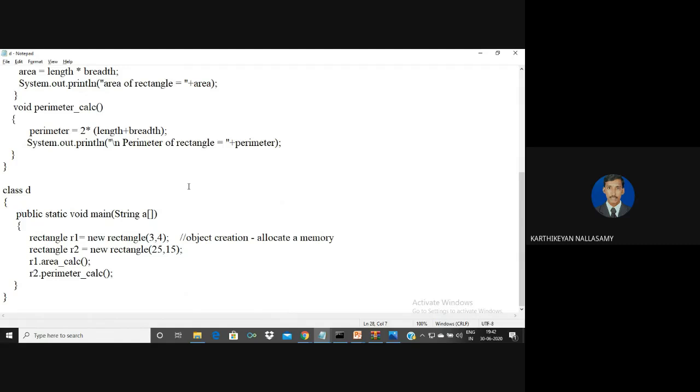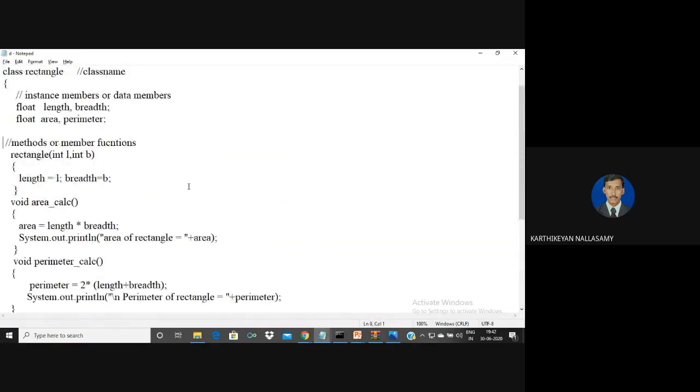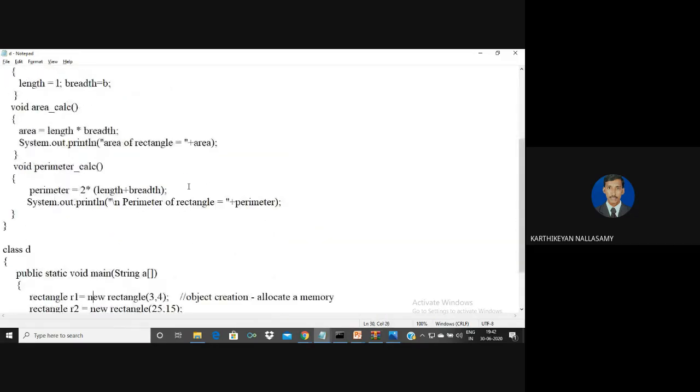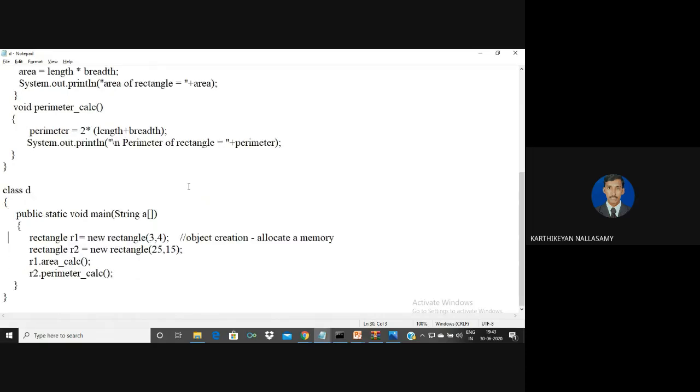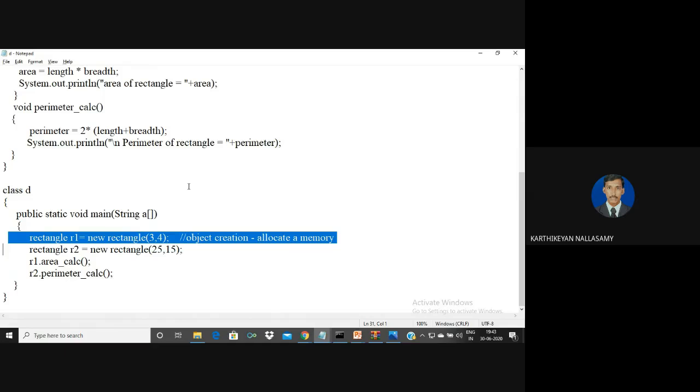I told that the object is a runtime entity, so it holds only the real values, the length and the breadth. Here there are two fields for a rectangle. So the length and breadth, 3 and 4, are the real values for this rectangle R1. So the object always holds the real values, but the class holds the properties. Clear? Okay. Then the next thing: whenever the object is created, memory will be allocated for objects. For a class, no memory is allocated. So we call it a runtime entity. Runtime entity means the memory will be allocated at the time of running.